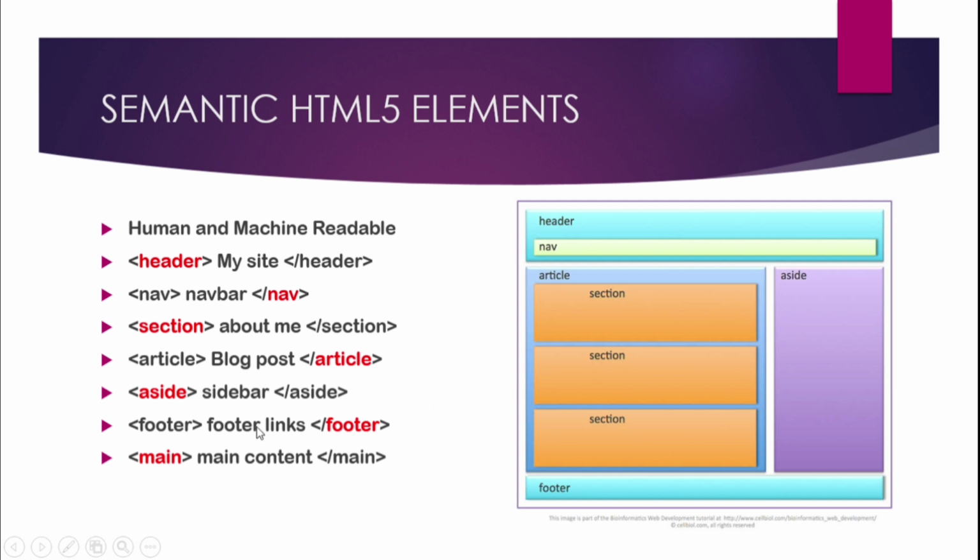Then we have the footer. Footer is the downmost part of the website where you add the links to your social media icons, or links to any website that you want to move to, or a privacy policy that you want to add. You can add it in the footer element. And main is the main content, that is it will consist of the entire article sections. These aside and all come under the main section. Okay, the semantic HTML5 elements are nothing but human and machine readable tags and elements, called semantic HTML5 elements. Okay, next